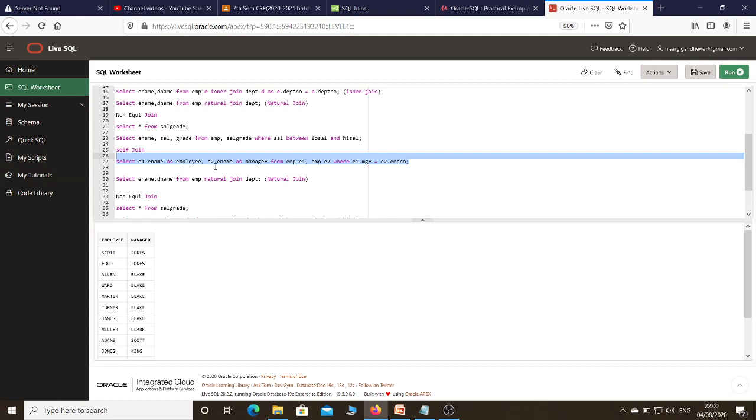In case of a self join, we are joining one table to itself, and we are referring to a particular attribute, a self referencing column. In this case the self referencing column is nothing but the employee number. So I hope you understand the concept of inner join. In case of inner join, we discussed equi join, inner join, natural join, self join and non-equi join. So here we'll stop, and in the next lecture we are going to discuss